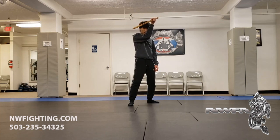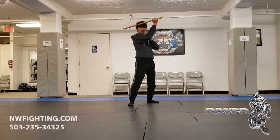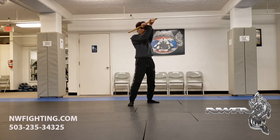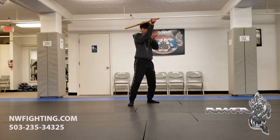This is for frame and structure. If my stick is back here, someone hits me, this is all wrist that's protecting or trying to resist against that strike, and I'm not really covering everything, right? And this is really weak. But if I pull it out here at a 45-degree angle and tighten my fist a little bit, now there is so much more power here because I have my whole body and the frame of my whole arm to block